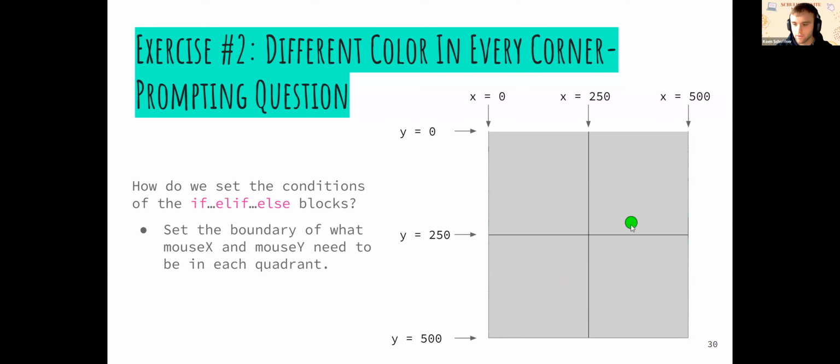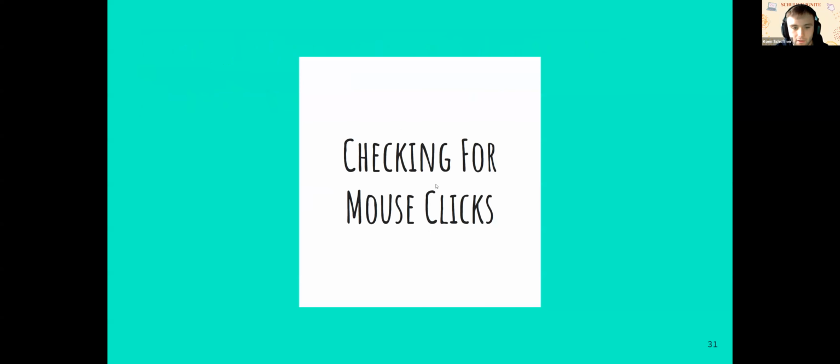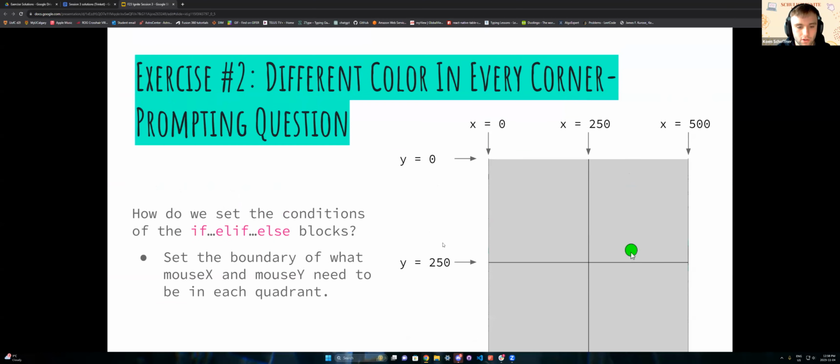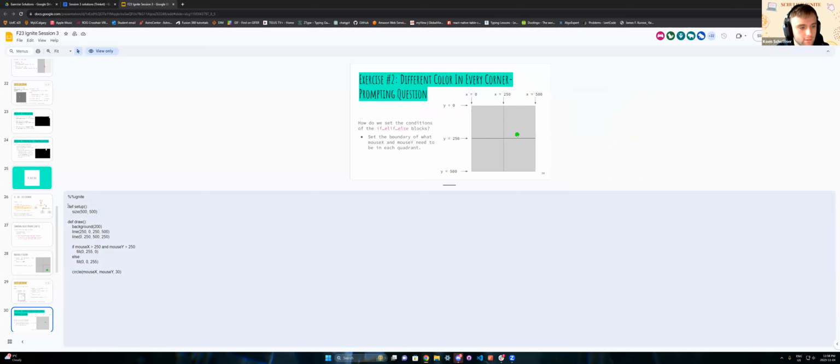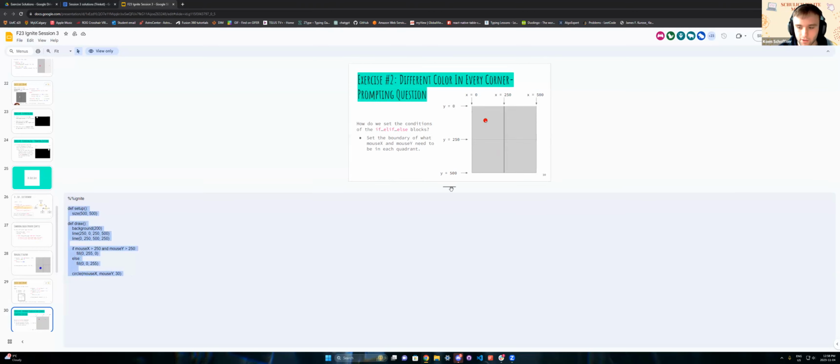Okay. Now for this code, there is skeleton code. If you have access to the slides, it's just in the notes here. The setup and draw functions are here, but if you don't, I'm going to put the code into the chat for you guys. Keep in mind that this code does not have the from processing import star, and it does not have the run function. So you guys need those in order for that code to work.